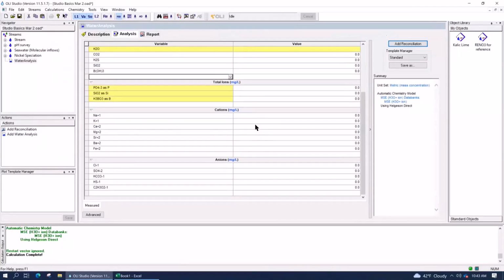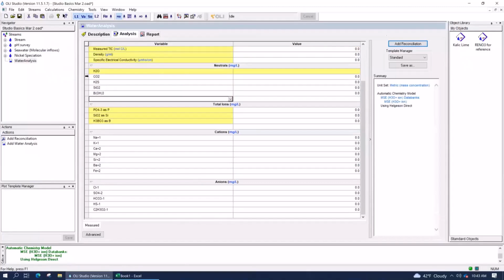The water analysis can accept hundreds of different cations and anions, but 95% of the time, you only need a dozen or so, or maybe less than 20 entries. So what we have done in our UI is pre-populate the water analysis grid with the most common cations and anions that most customers come to us with. And what you'll notice about this composition is that these are the compositions of natural water.